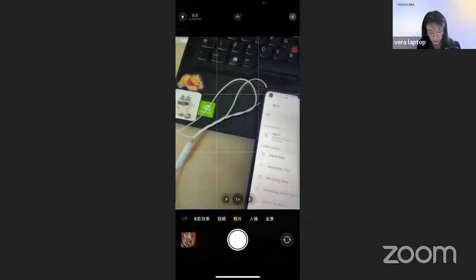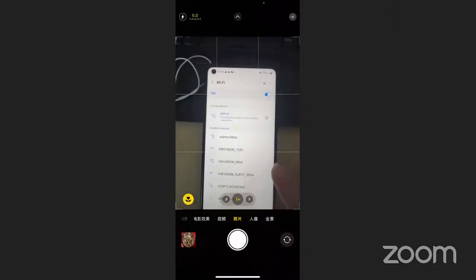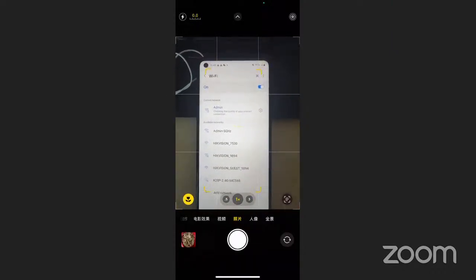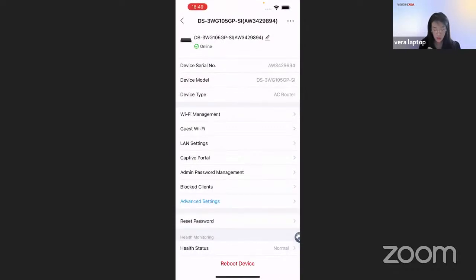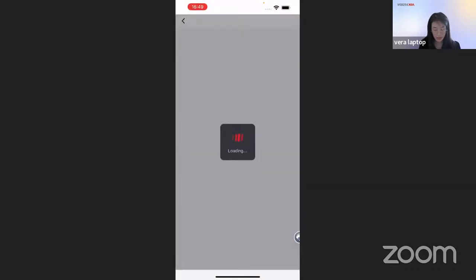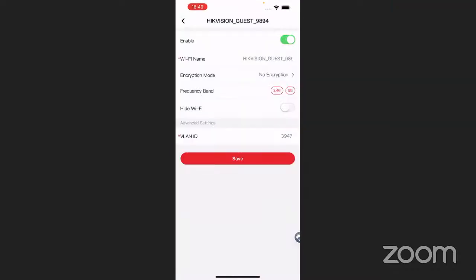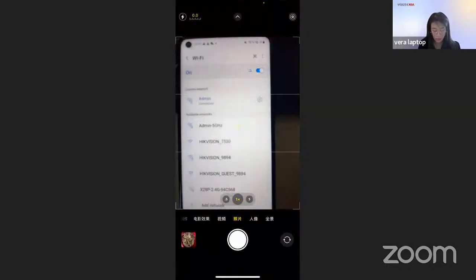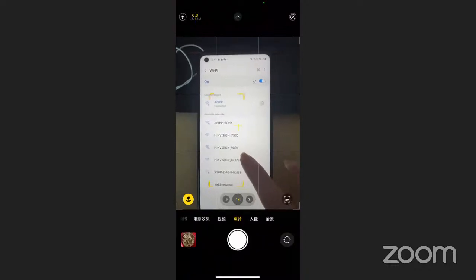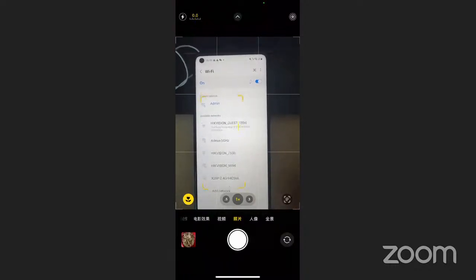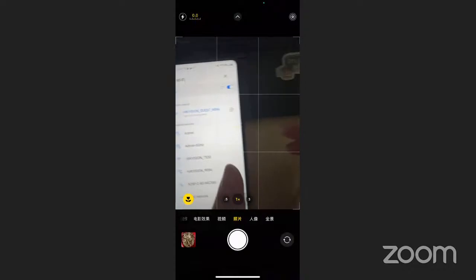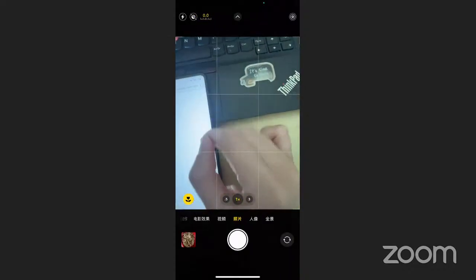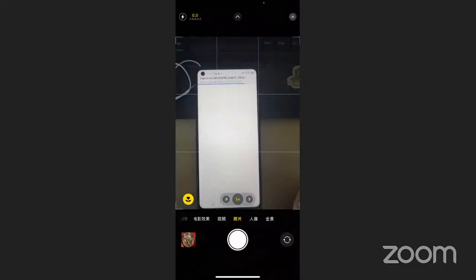So we're going to find the existing one, but what is our network password? The Wi-Fi guest name is Hikvision guest 994. So I find the 994 here. Click on that. So this is assigned to the network. I click on that. It will automatically jump to